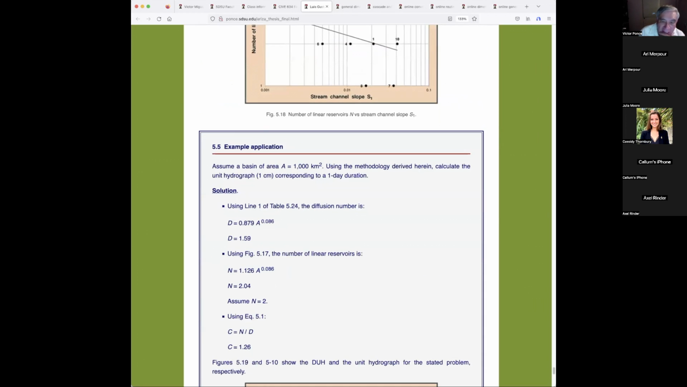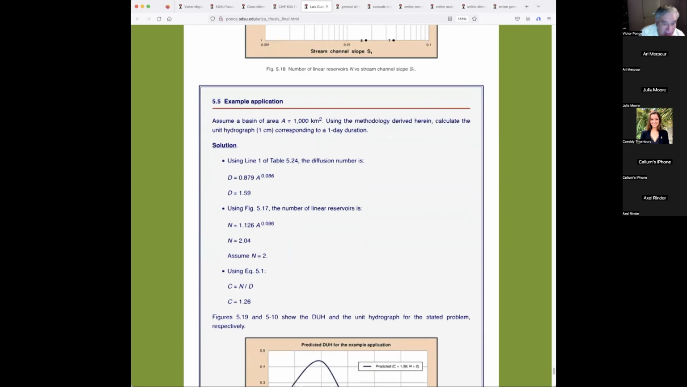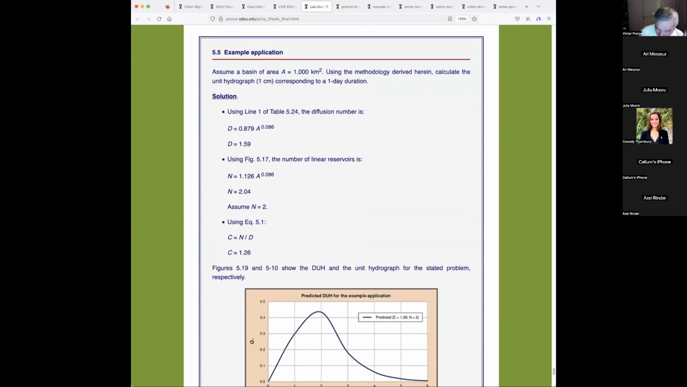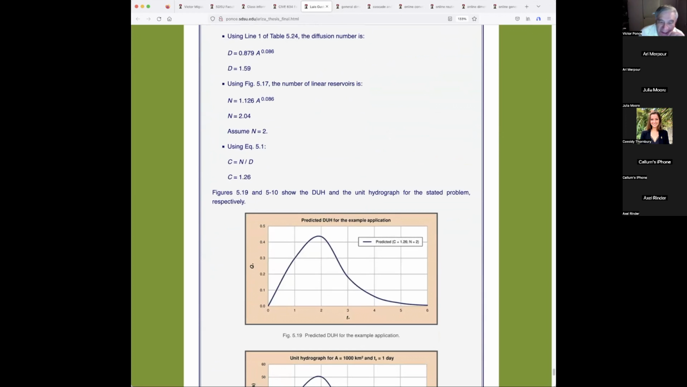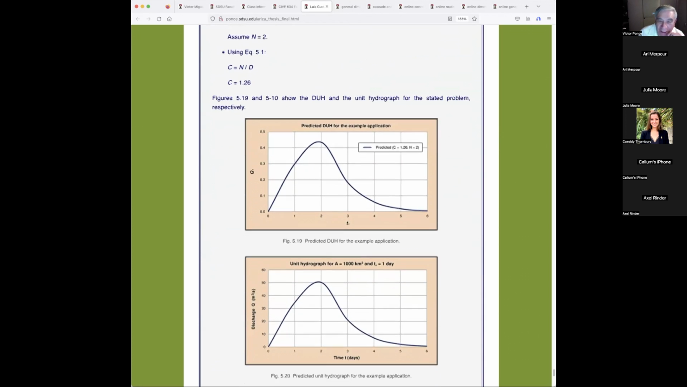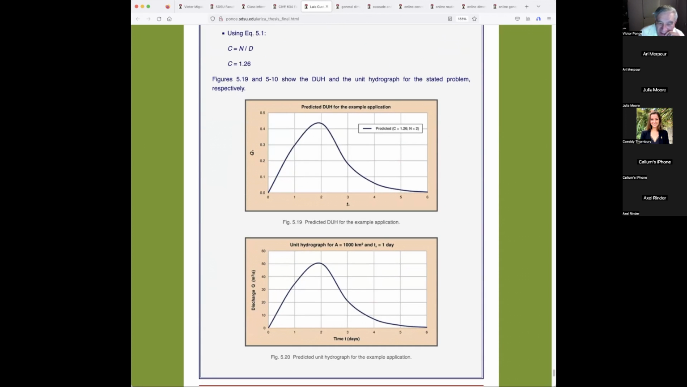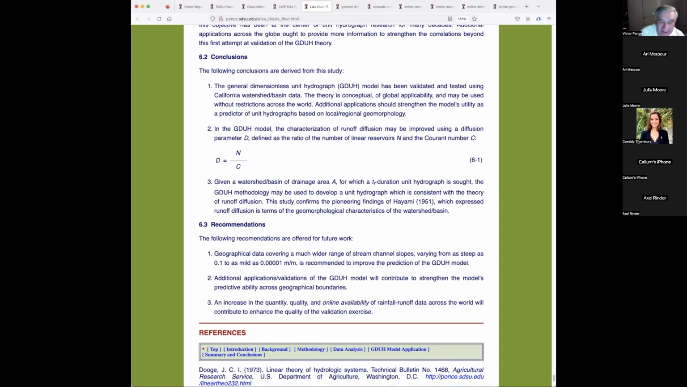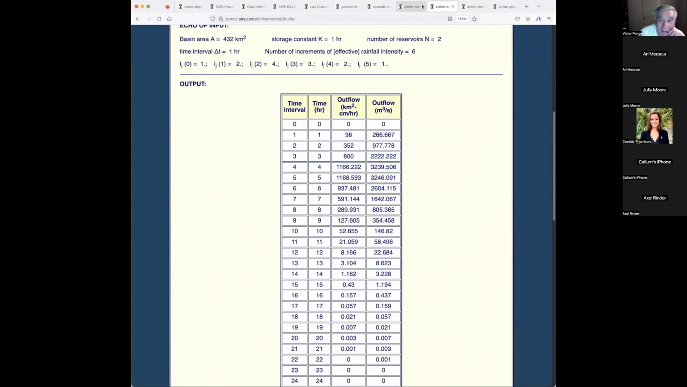Okay, so that is the end of it, and he even has an example application here, which I'm not going to get through because it's too much information. Okay, so the predicted DUH for the sample application, unit hydrograph, and summary and conclusions: success, total success of our methodology, applied to 10 rivers in California. So with that then,